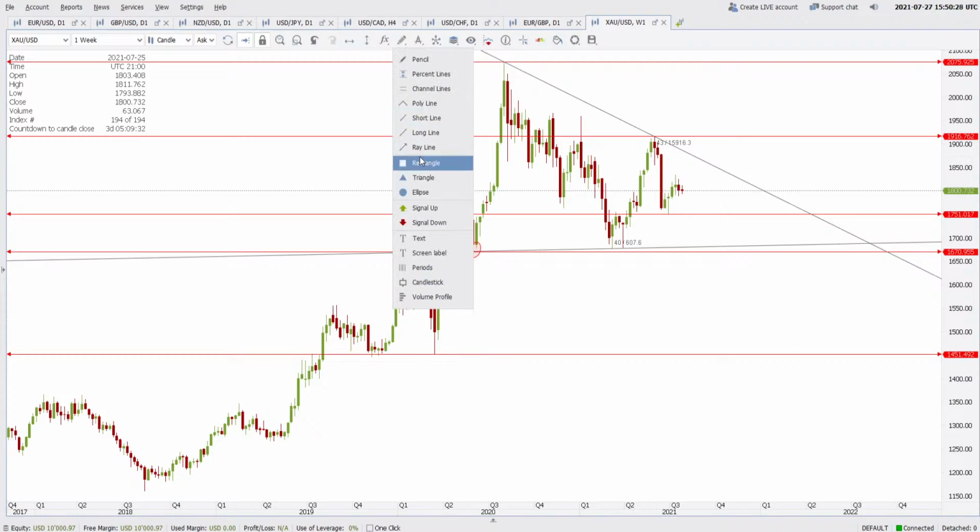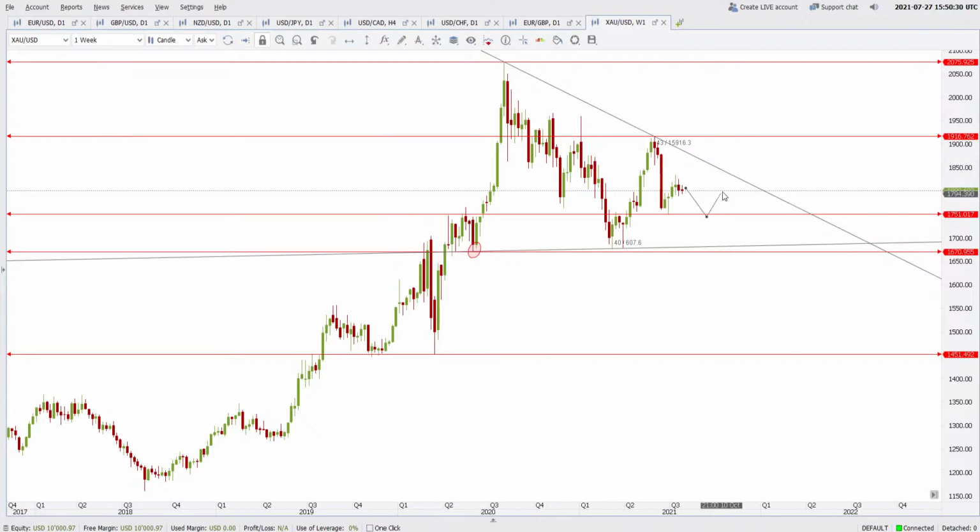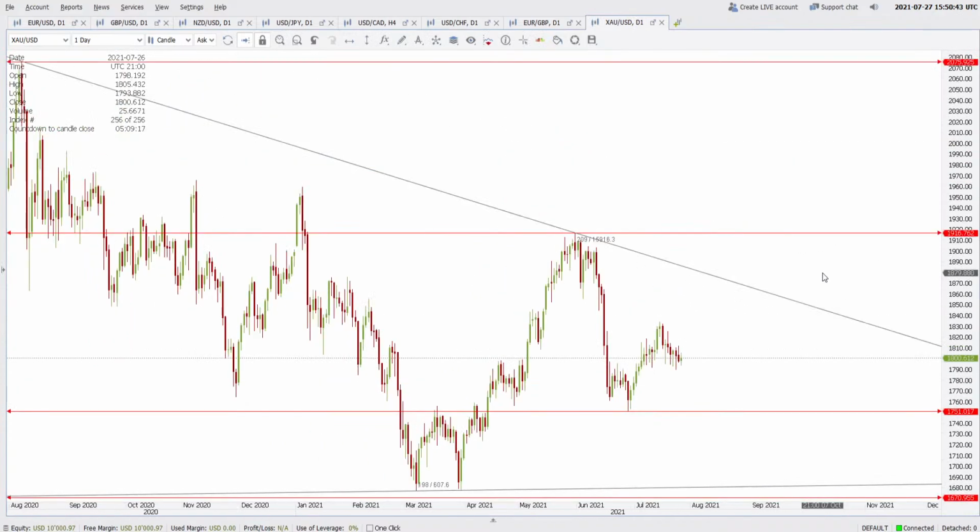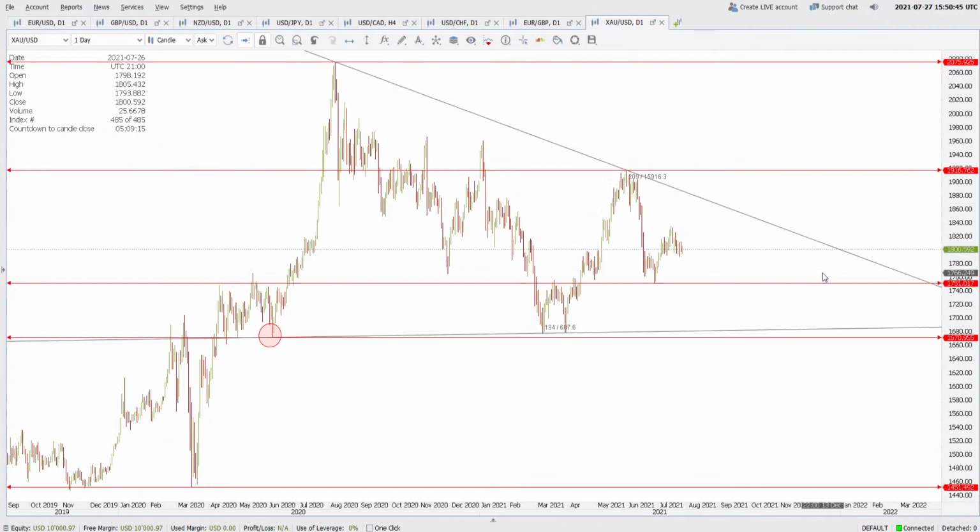So expect the price to move in such a manner in the coming time, and eventually the price may break lower or break higher. But because this is a weekly chart, it may even take next year for this to form. So let us go to the daily chart and see what is happening there. Okay, on the daily chart,